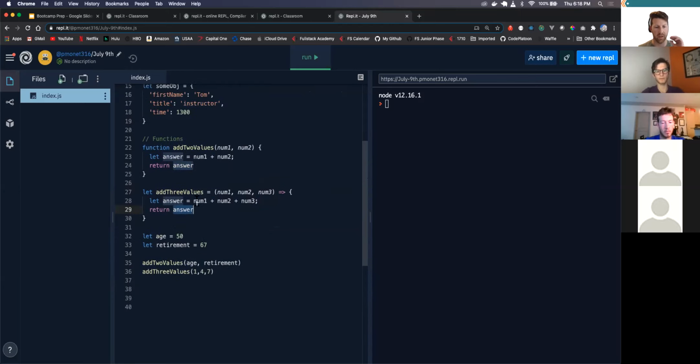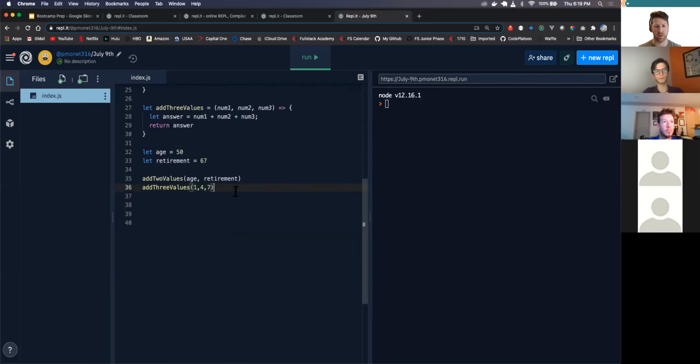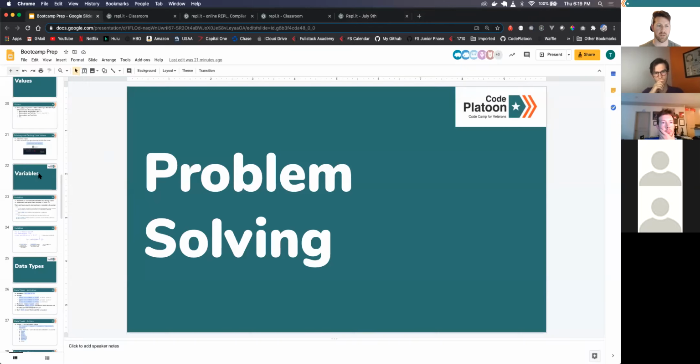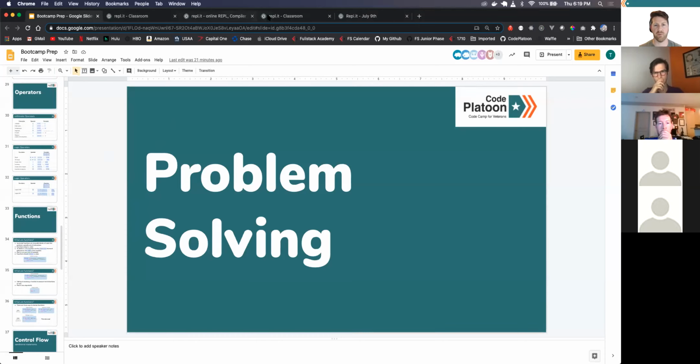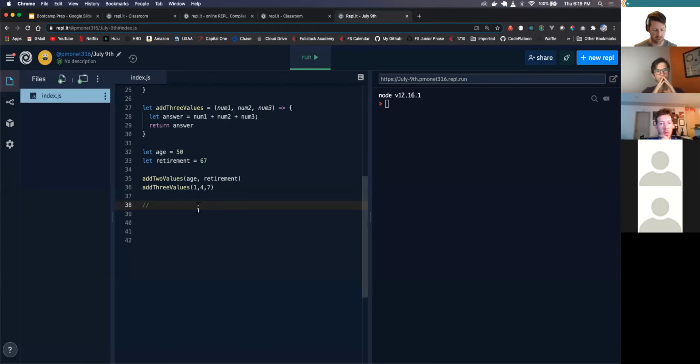All right. What questions do you have about functions, declaring a function, returning values from functions, parameters, or anything? All right. So the next, I believe it was control flow, or operators. We have operators. We're not going to go through them all, but we'll make sure we cover the main stuff. We can do